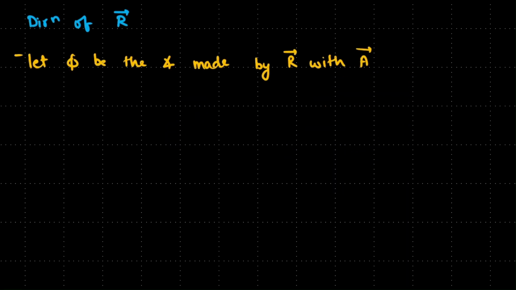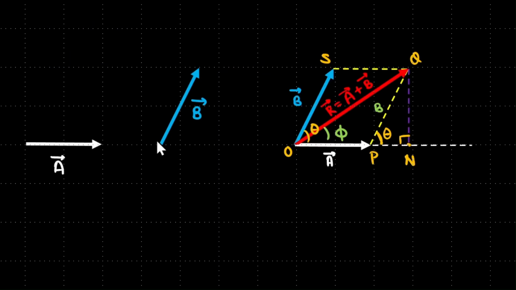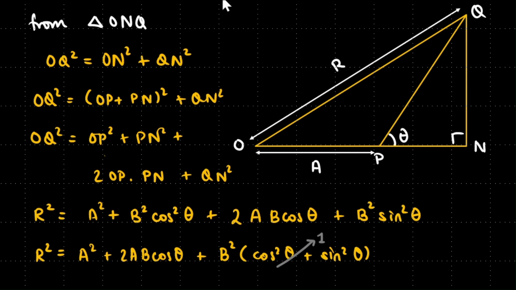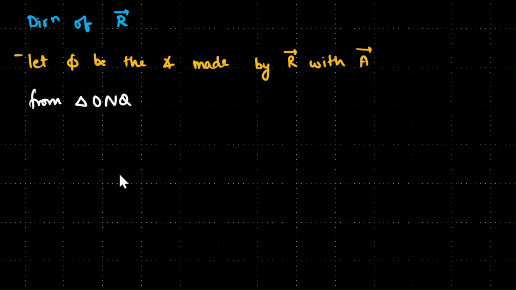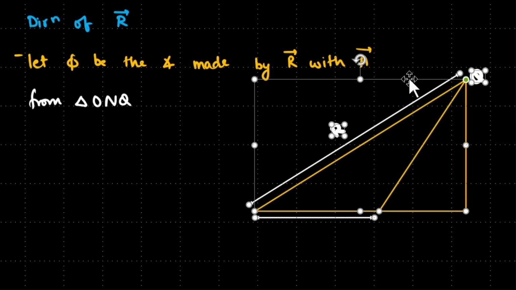So now let's do the derivation. So from triangle ONQ, we first of all must know what triangle ONQ is. So let's go back and see what ONQ is. ONQ is the big triangle. So it's this one, right? I'm just going to take this one, since it is much easier to copy and paste rather than draw everything